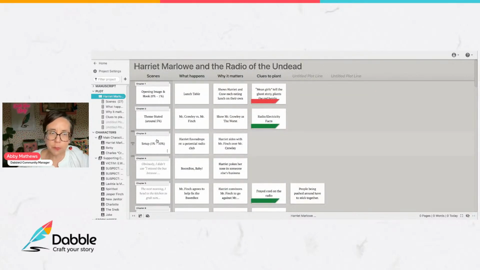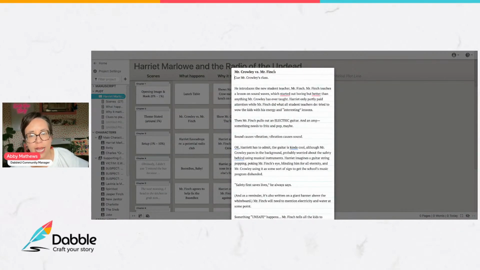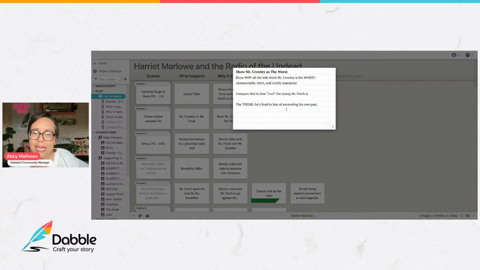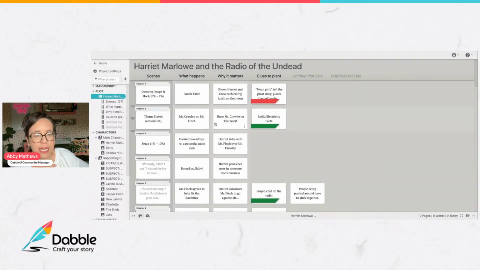The Blueprint for a Book piece, the inside outline as they call it, is one technique in Blueprint, but it's what happens and why does that matter to the characters? And all that's doing is baking in your emotional arc, right? Because what happens is of little consequence if it doesn't matter to the characters. So that's what I did. You can see if you click here, I put what happens on my note card. And then I put a little note that says why this matters to the story, why this matters to my characters.